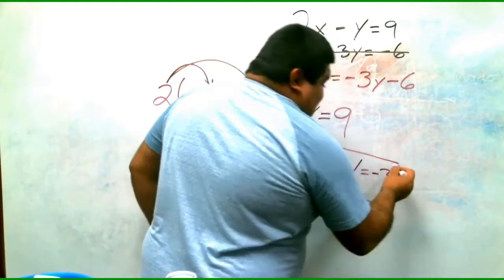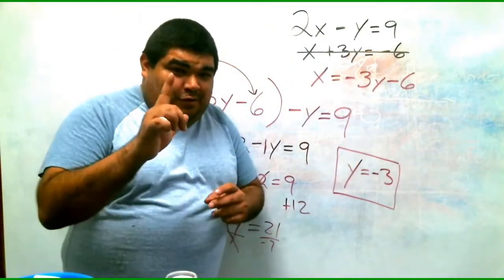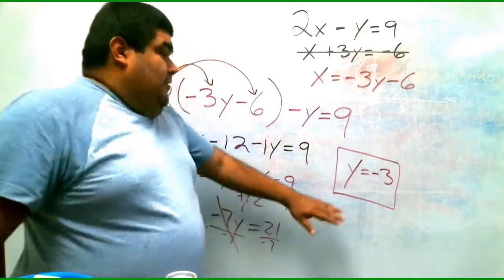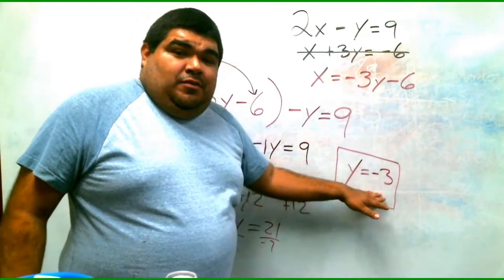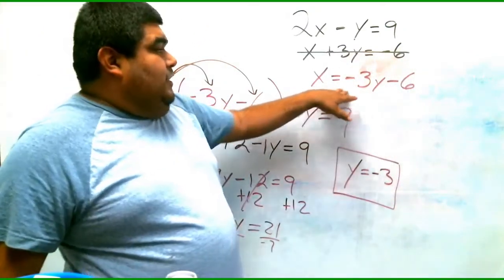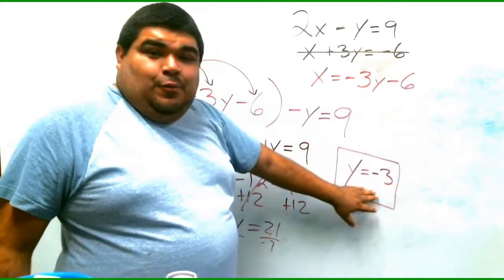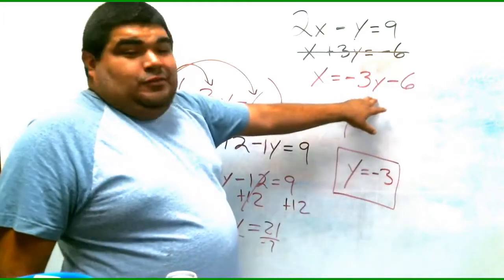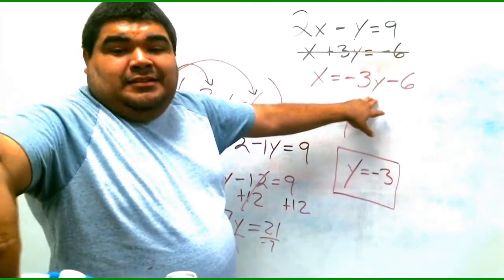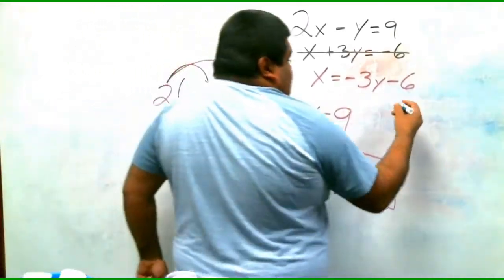But we are not exactly done yet. We're close though. Okay? We solved for one of the variables. Remember, we have to solve for both x and y. Now that we solved for one variable, notice that equation we fixed, x equals negative 3y minus 6. We can plug in the negative 3 for the y. So we can say, let me use another color here, we can say that x